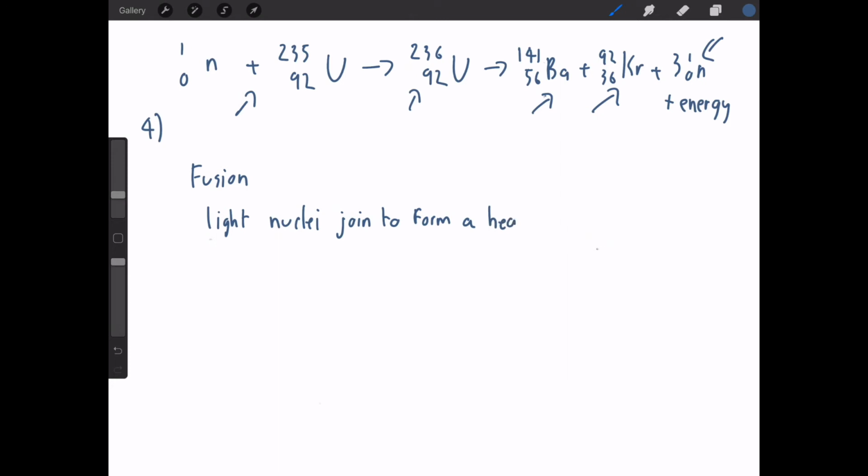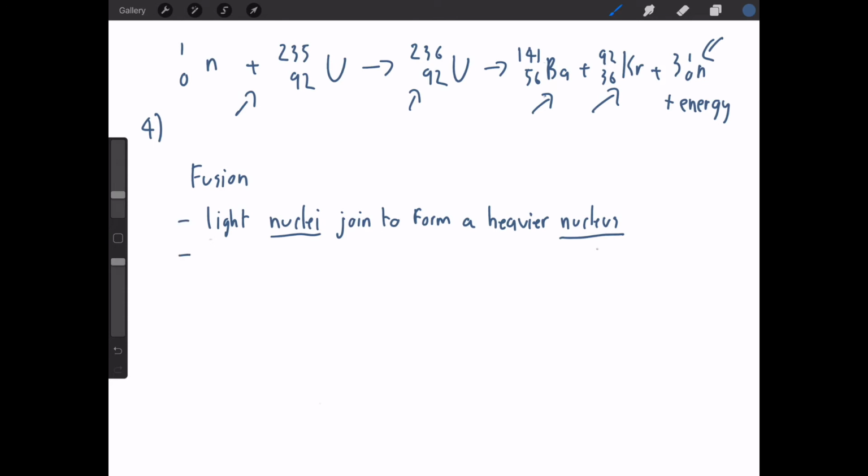Now the actual process is a bit more in depth than that, but fundamentally, and certainly at GCSE, that's all we know. The nucleus that it forms is typically helium. Again, we want to talk about nucleus, not atom, so you can lose marks very easily by writing atom. And in that